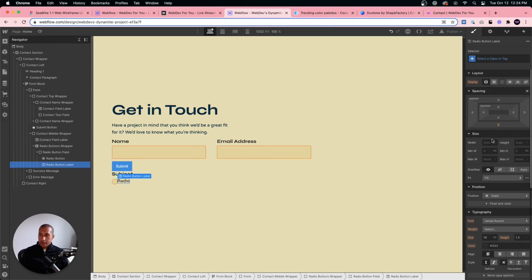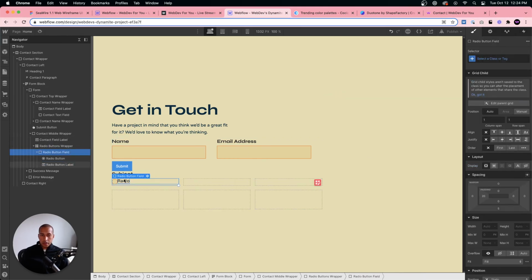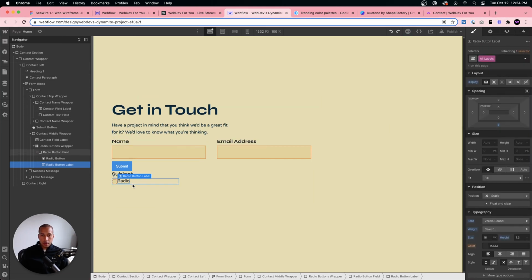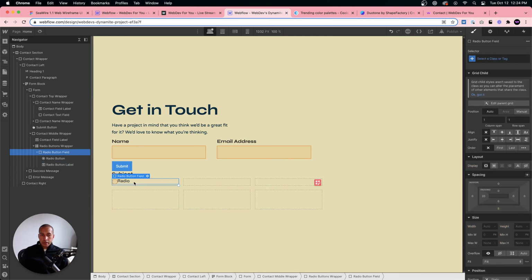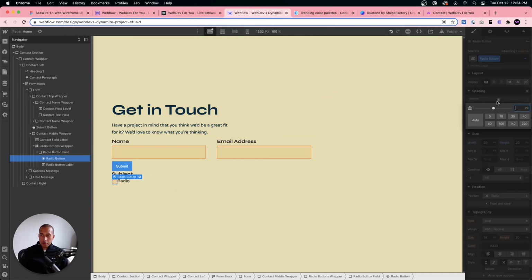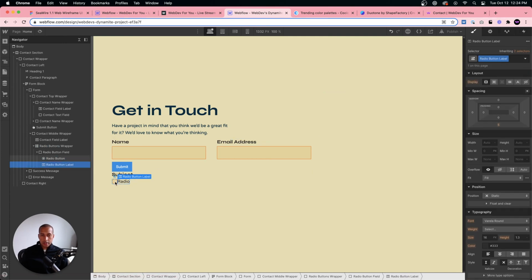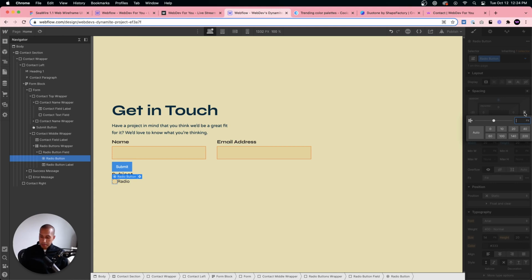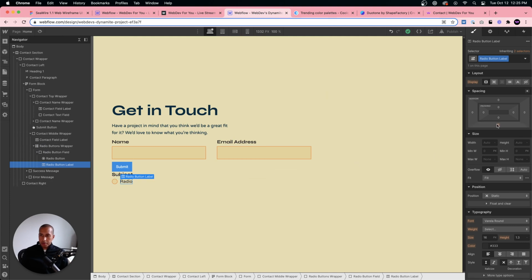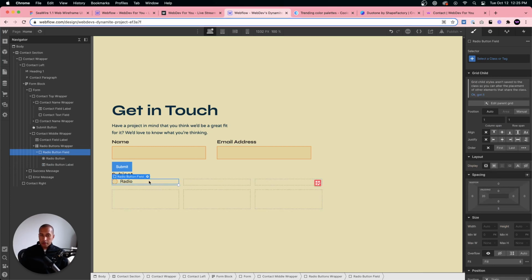Okay. And then let's see here. Let me say all labels. I'll remove this margin from the bottom. Actually, no, I'll just call this radio button label. Give it a custom class. And then for this radio button field, let me try to center it. No, that didn't work. So let's see here. Oh, okay, so for the circle, this radio button, let's remove that top margin so that it's centered. And then to the radio button, I'll add a margin of 10 pixels from the right. And that looks good. So we have our radio button. I'm also going to remove this margin from the bottom here on the radio button label. And great. So now we have the radio button.